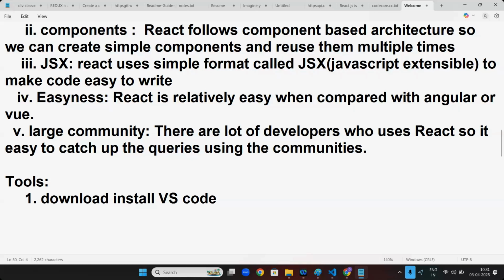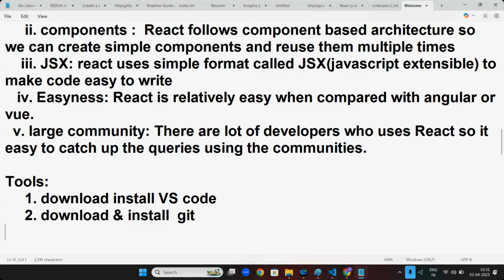Second, download and install Git. There is one software called Git. Why do we need Git and all? We will have a Git and GitHub session. Don't worry, at that time I will tell you.